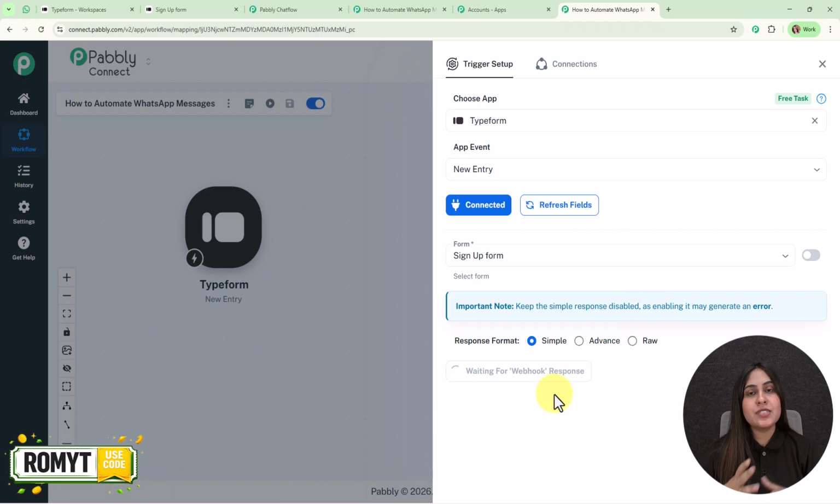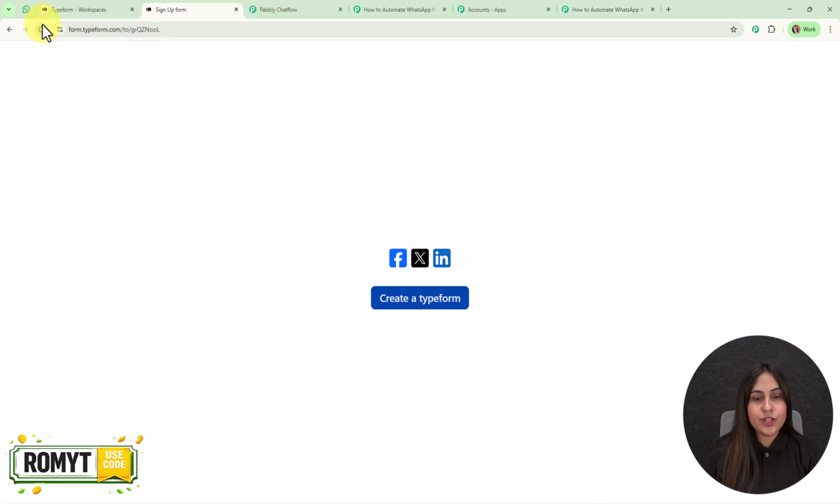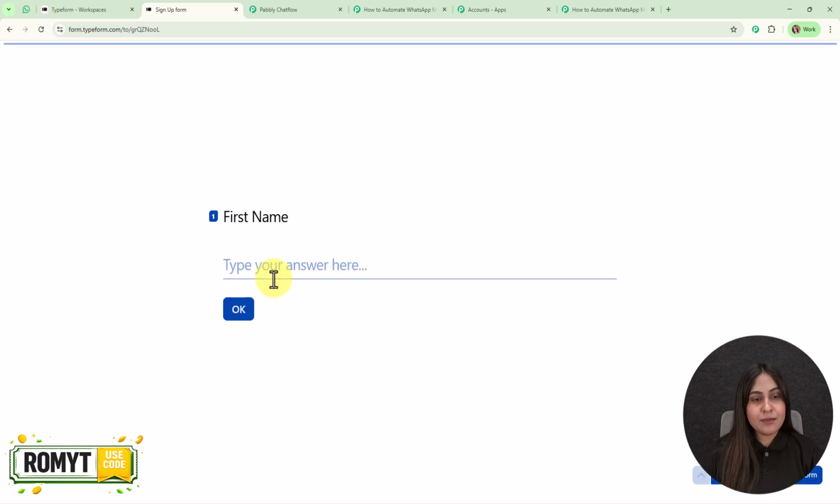That means here to receive a response we need to do a test submission, and to do a test submission we need to generate a test response using our Typeform. So this is my form. Here I'm going to refresh it, and again we are going to enter some dummy details and make a form submission. So for the first name we are going to enter the name as dummy, last name as user, email as